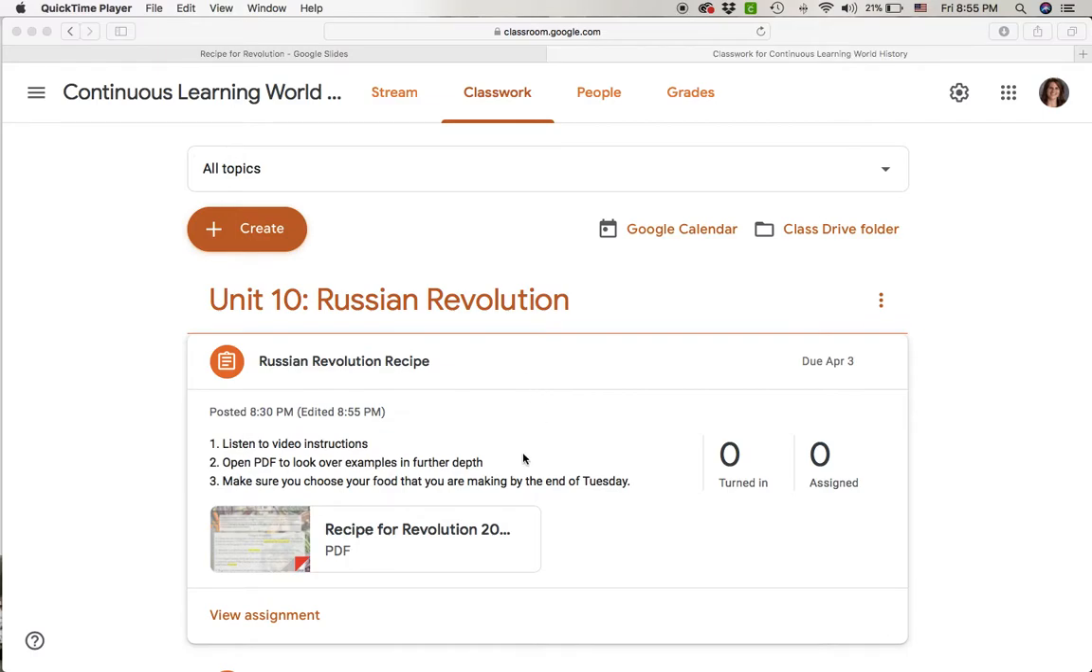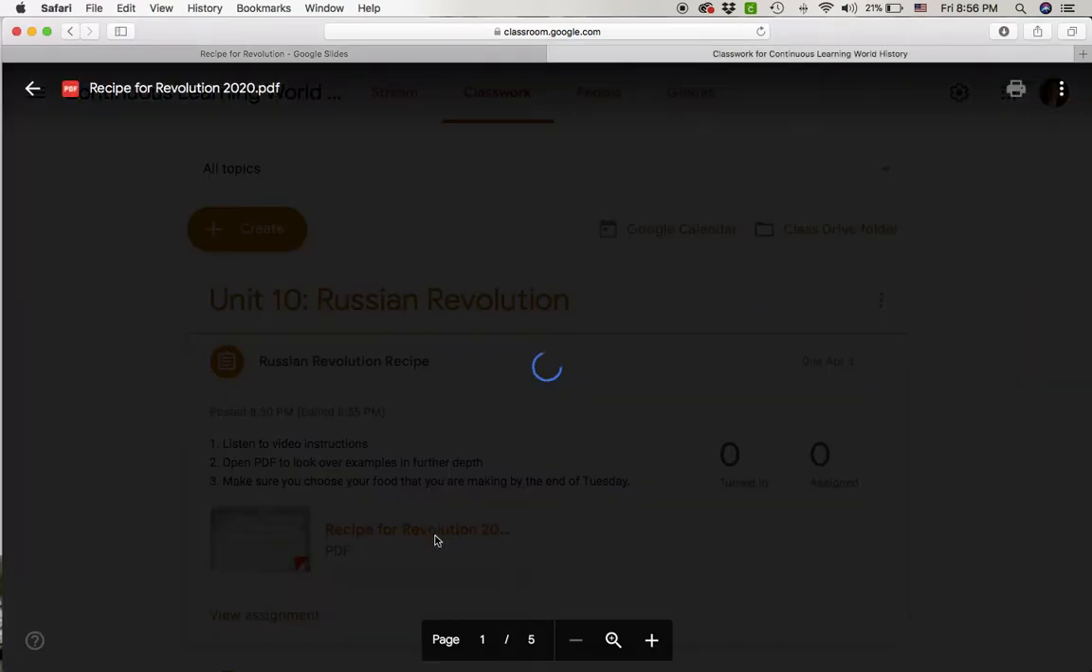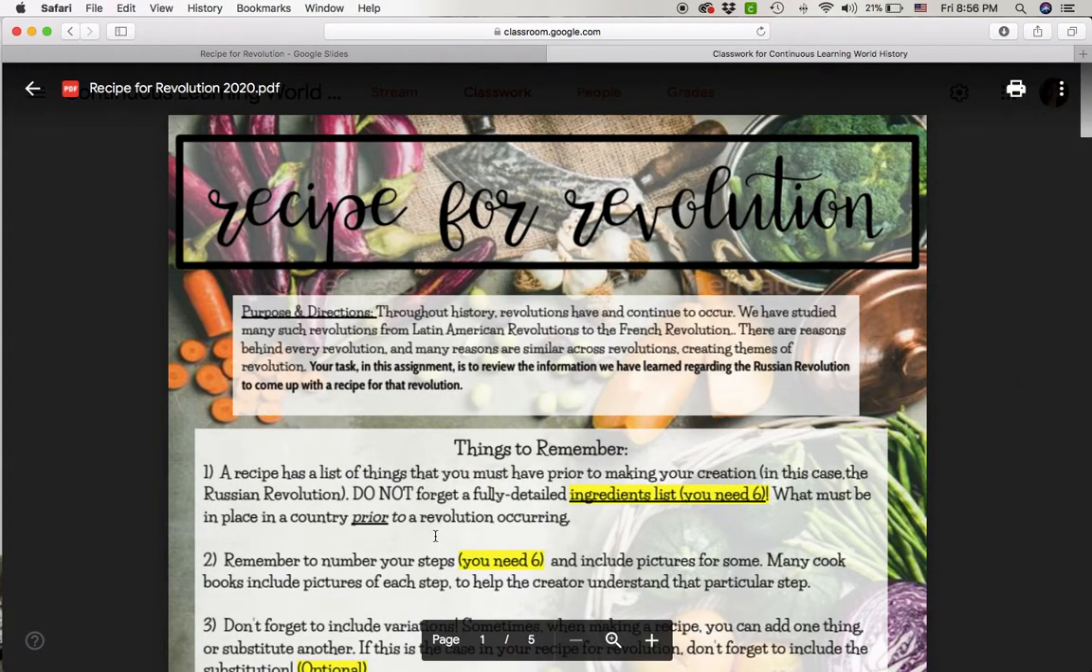Okay, guys, so I'm going to be showing you what your project is for the rest of this week. You are going to be working on one project and turning it in at the end of the week on Friday. So here you can see is your project. It's titled The Russian Revolution Recipe, and you are going to be creating a recipe that would create the